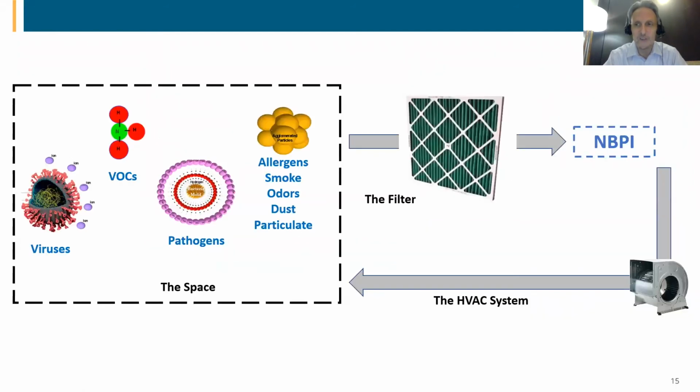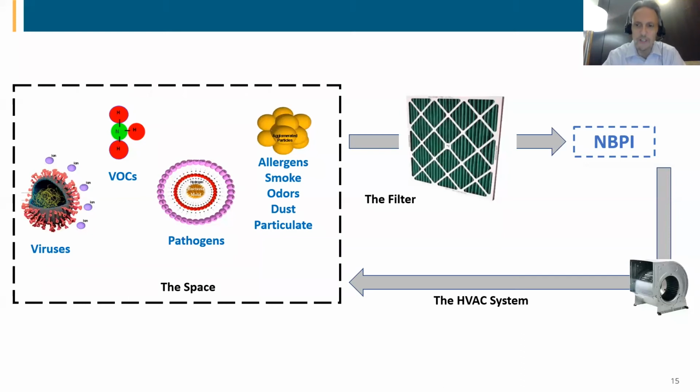space. This is a real crude, if you will, demonstration of what the technology might look like mounted in a real world application. On the left-hand side, I have a space, and that space, of course, has certain issues of concern in the air that we're breathing. On the right-hand side, I show an HVAC system with ductwork and filters, which have been tasked with trying to remove those contaminants of concern from the space. You probably have a heating coil and a cooling coil. Perhaps you have some humidification and things of that nature in that system. And as well, you may have an air cleaning technology such as needlepoint bipolar ionization mounted in the HVAC system